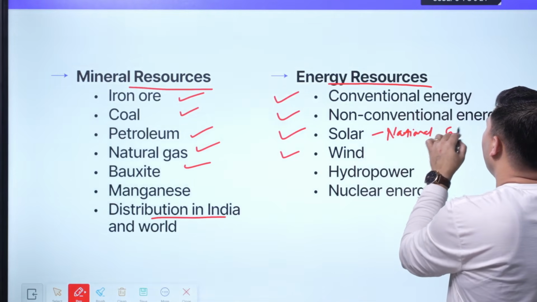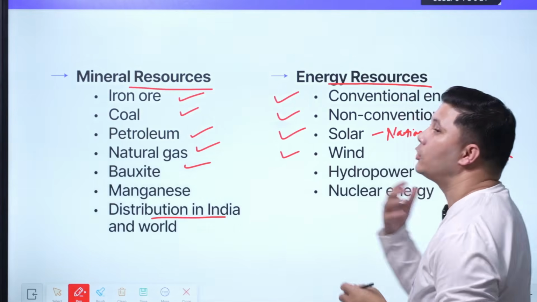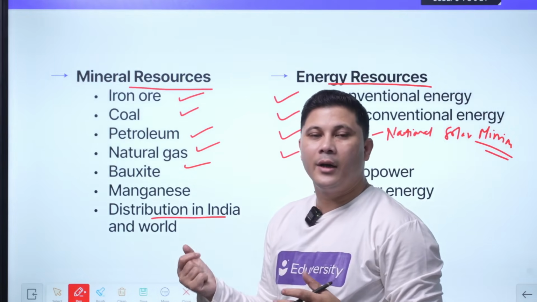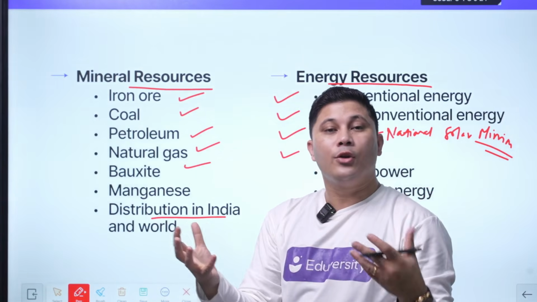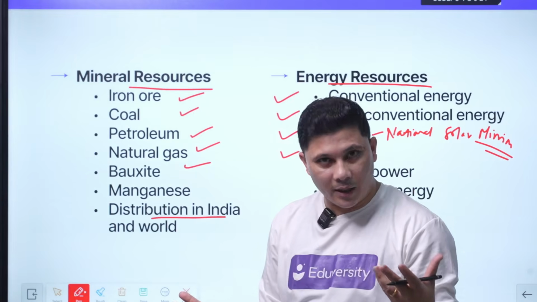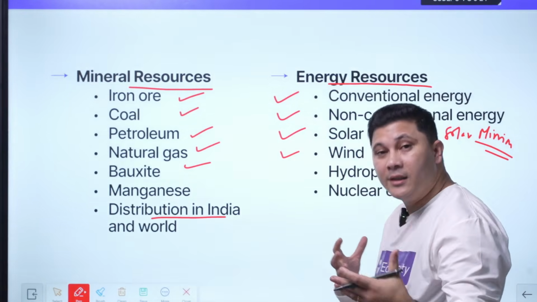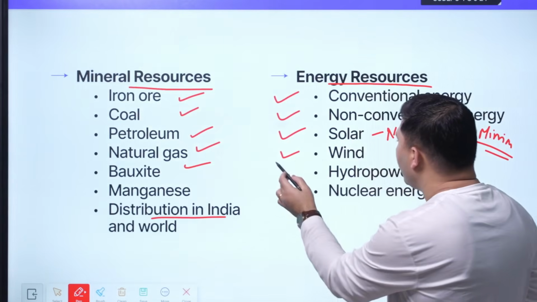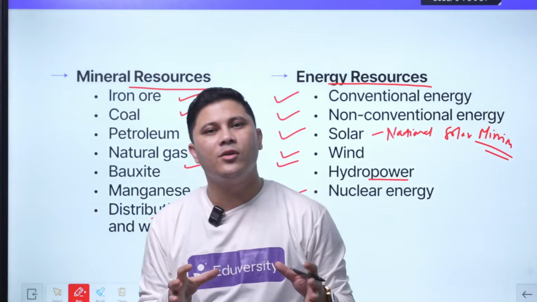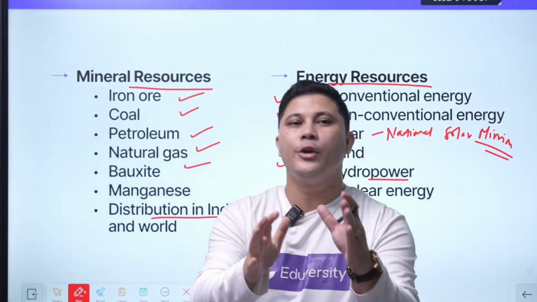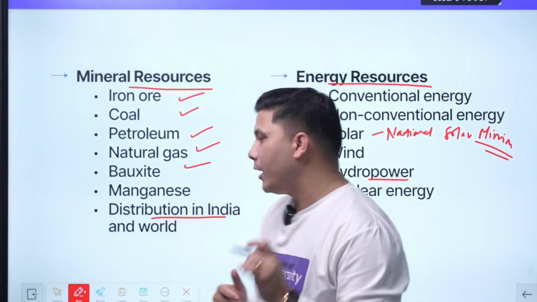Okay, National Solar Mission you have to study. What is India doing in the solar mission? How much energy does India want to generate through renewable energy by 2030? So present solar energy generating capacity, wind energy, hydropower, nuclear energy. So this is very, very important. Energy resources is a very important topic that you need to keep in mind, and you need to be updated with the latest data, guys, very important.